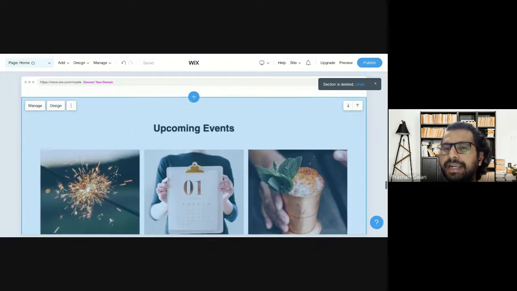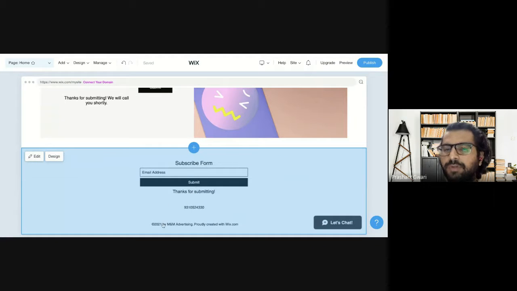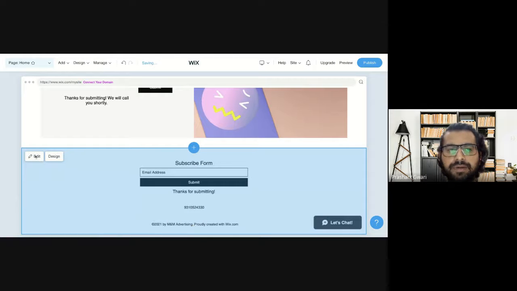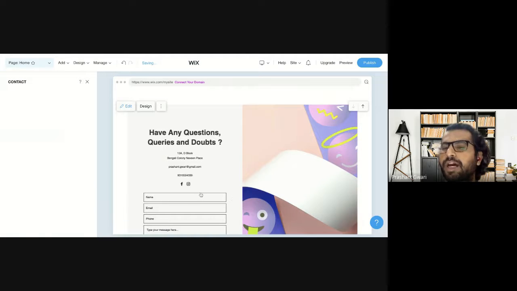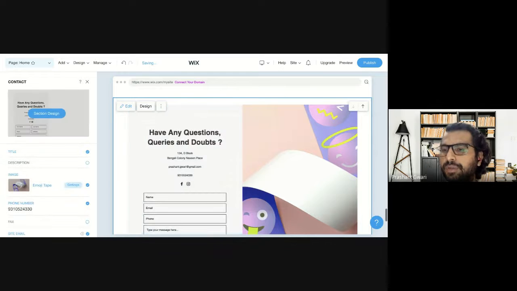Same like the header, every website has a footer too. So this is the footer section. On a footer section, there will be the branding of your name and the copyright of your website, like Advertising, proudly created with Wix.com. You can change it from here. Click here and go to the edit part. And again, here you will ask for your customers' email ID, because email IDs are a really important part of your business, as they help with email marketing campaigns.